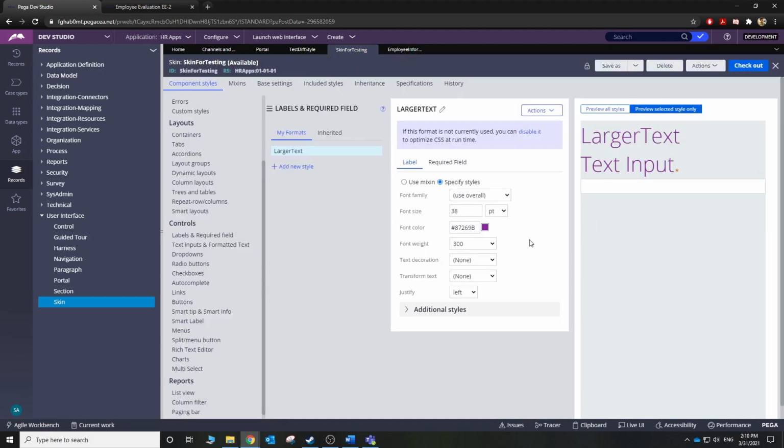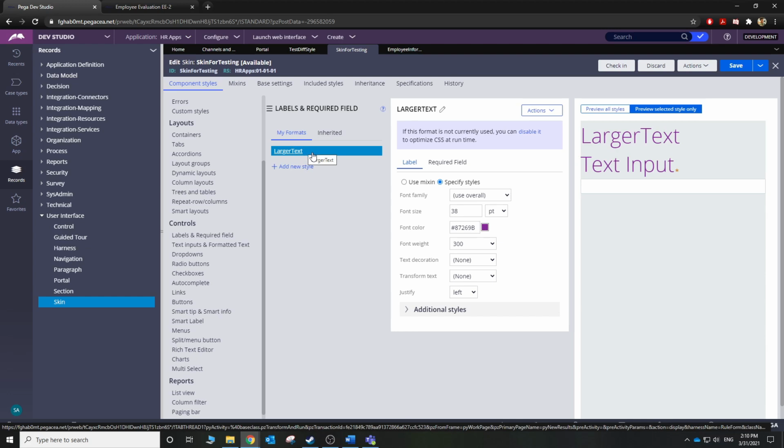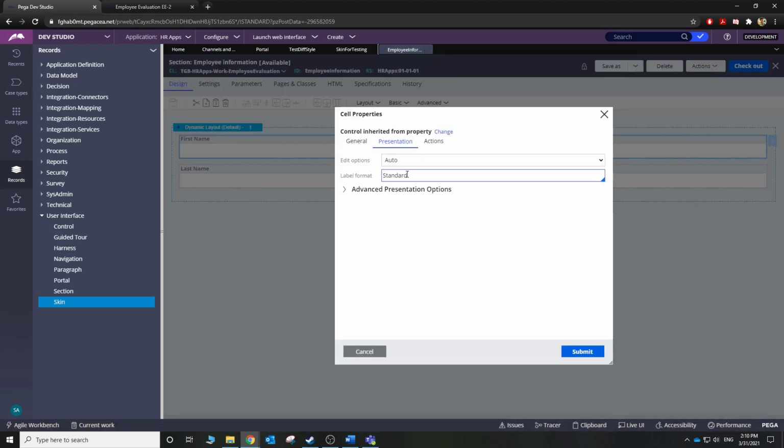Okay, so we've done that. Let's do checkout and save. Okay, so I have this new format called larger text. What I need to do is go back to my label and change from standard to larger text. Once I save it